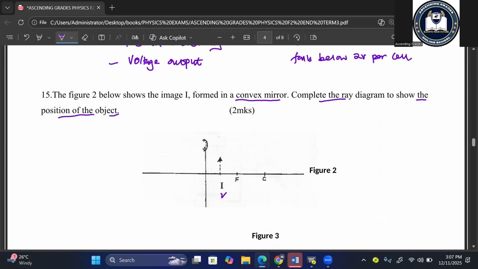So you can see this is the reflecting surface. So when you are drawing ray diagrams,